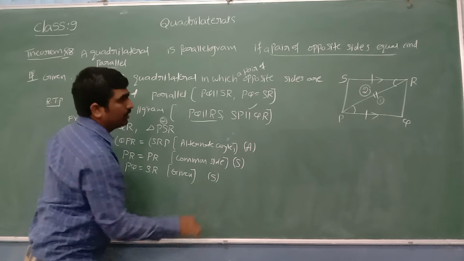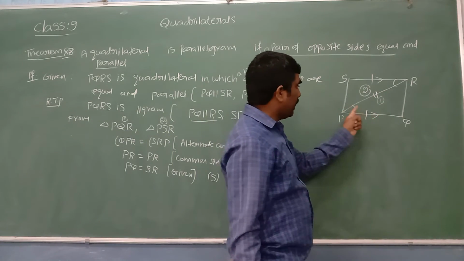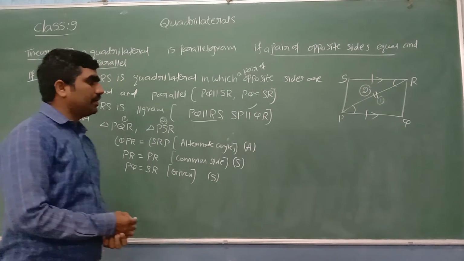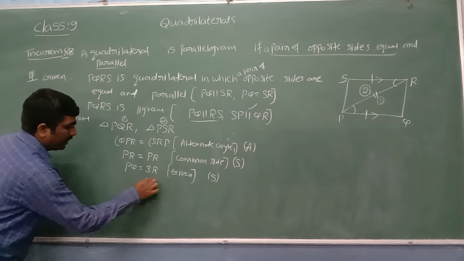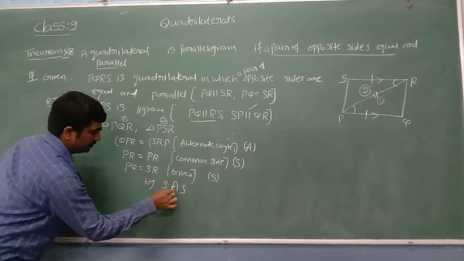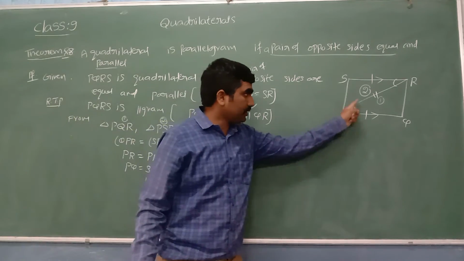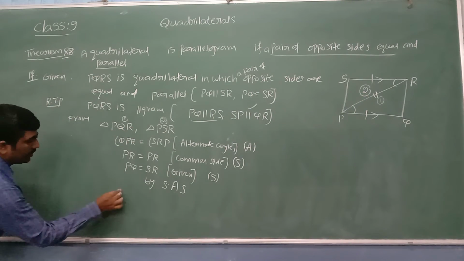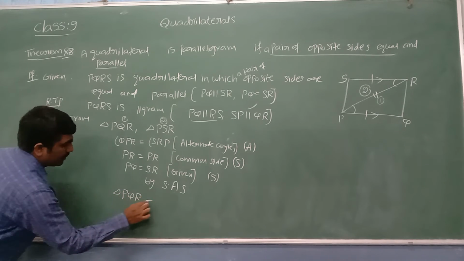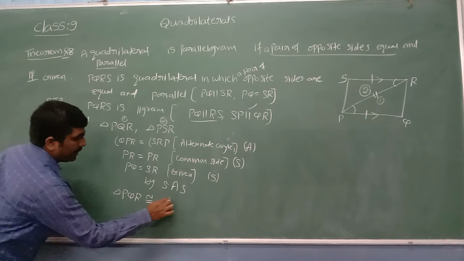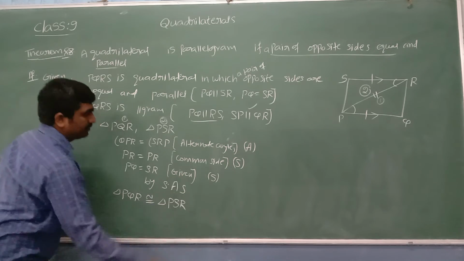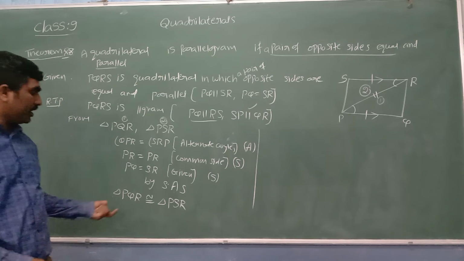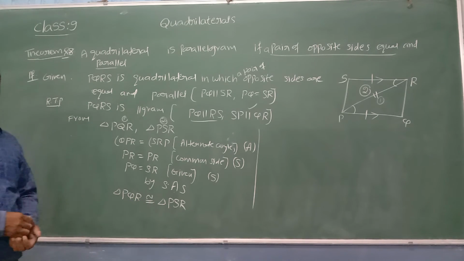One side equal. Now see here. Side angle side. Yes. We can say that by SAS, by side angle side. The angle must be included between those two equal sides. By SAS we can say that both the triangles are congruent. Triangle PQR is congruent to triangle PSR. Yes, two triangles are what? Congruent. Now once two triangles are congruent, by simplicity we can say corresponding angles are equal.